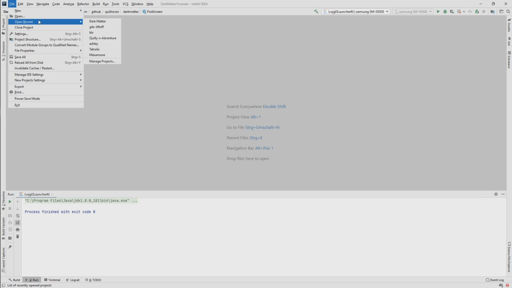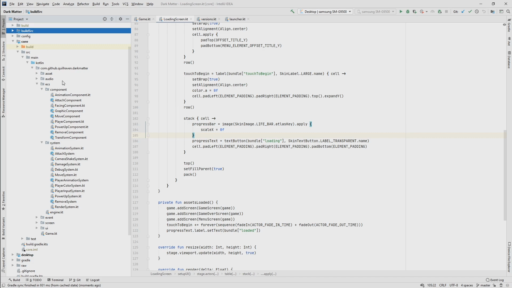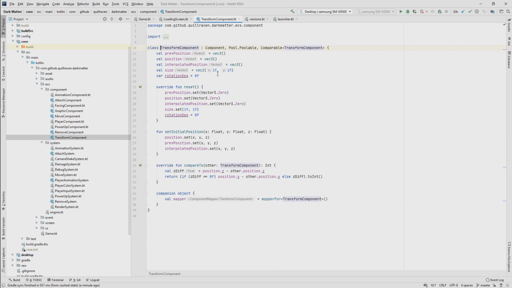Let me change to the real project. So as you can see here, that's the actual project on GitHub for Dark Matter. We already have, I would say not a big game of course, but a small game, a couple of classes in there. You have a new idea, you want to change something and you start coding. So you are starting to change things. For example here, it does not make sense at all what I do here, but just so that you see it: we changed the standard rotation. We changed the default size of all the objects in the game. We maybe add completely new systems.